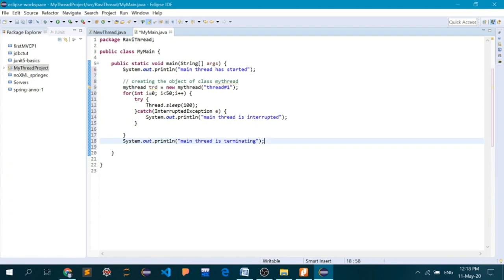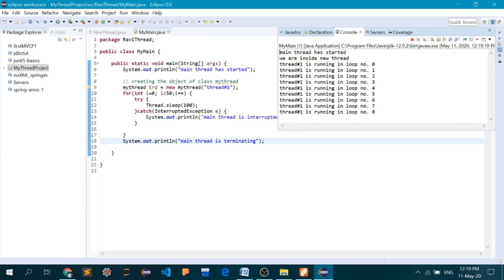So when the main thread terminates, this message should print, or we can write ending, whatever you want to write. I think we are done with this, and let's try to run it and see if our threading works or not.